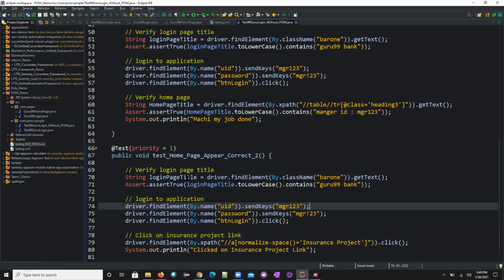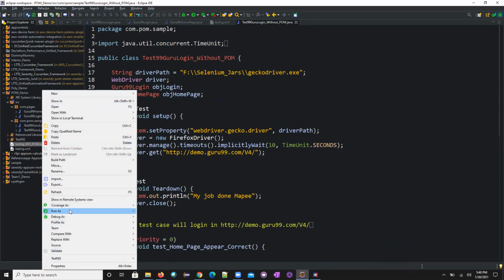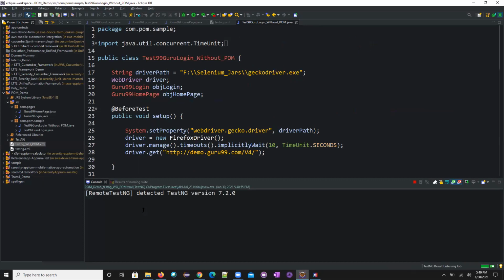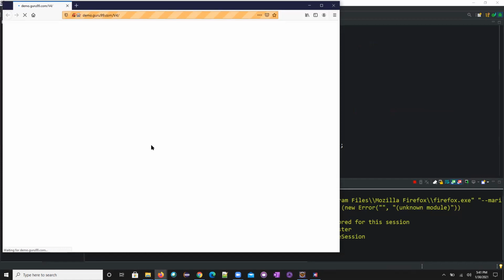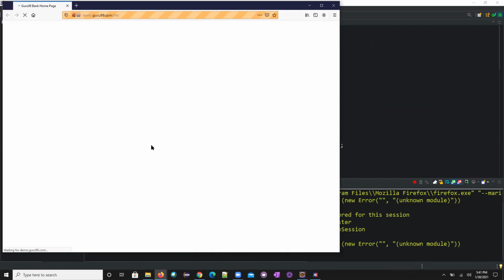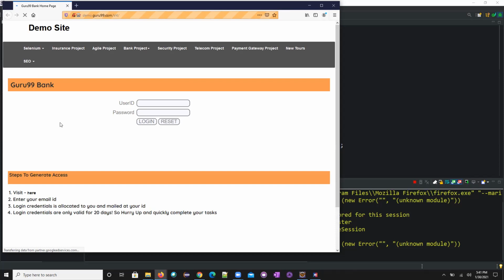I removed those 2 things, and I just wanted to execute the program once again and show it. Because of the before test, it was trying to open the browser. It opened and was executing, navigating, verifying the details. See, it was verifying the Guru99 bank homepage. It entered the username and password and clicked the login button. Until this page is synchronized, it was still loading, and that's where it was not entering the data.